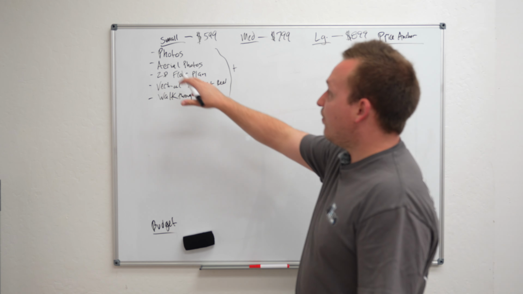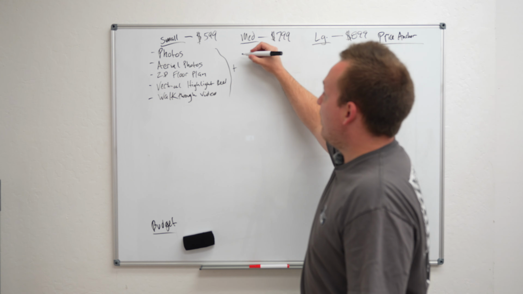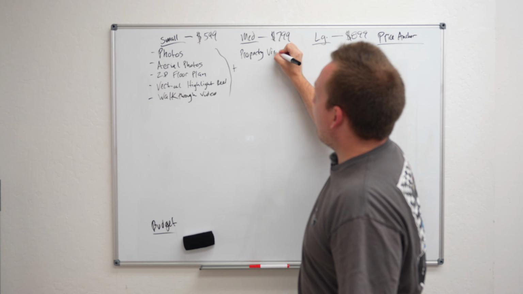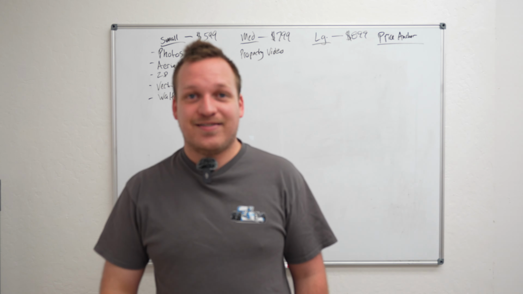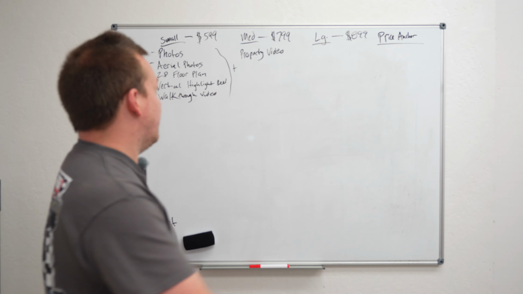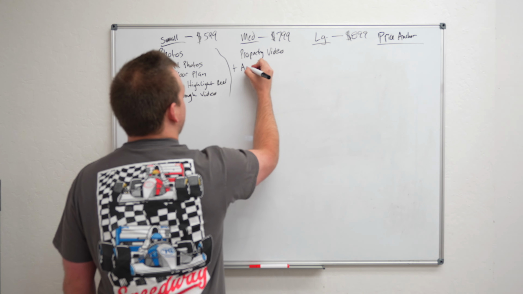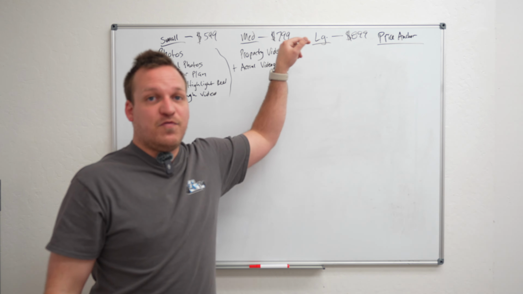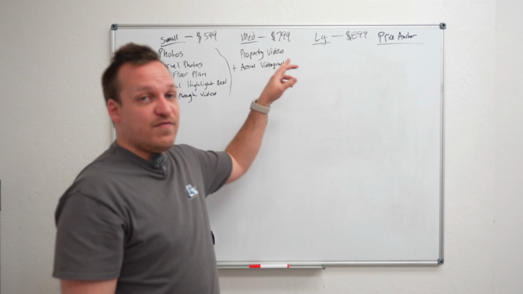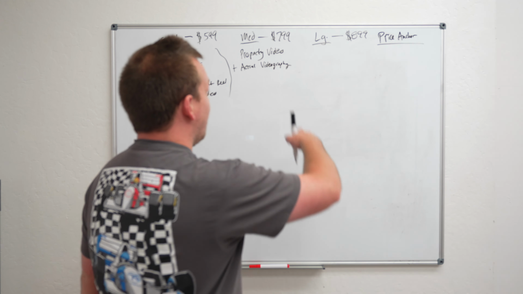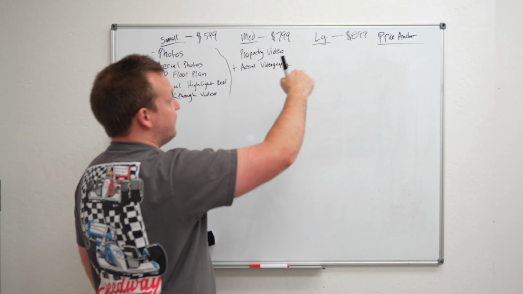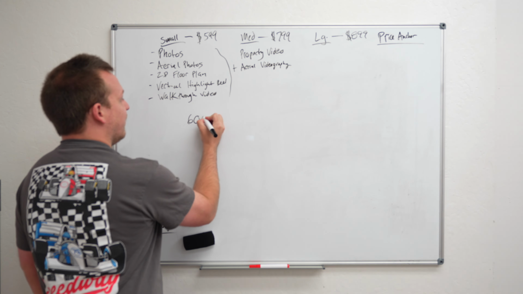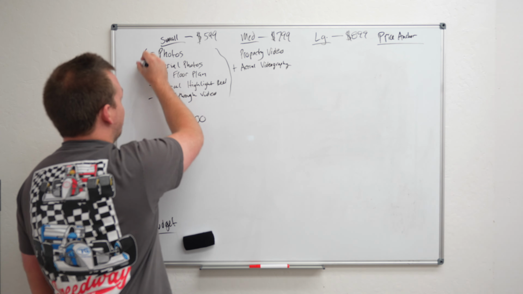So in the medium bundle, it's gonna come with all these same services, but it's gonna also come with a property video, okay? This is a horizontal cinematic listing video, property video, whatever you wanna call it. It's gonna have a property video, plus it's going to have aerial videography. I charge $400 minimum for my property videos and $275 for aerial videography. So this is for all intents and purposes, $675 jump from the $600